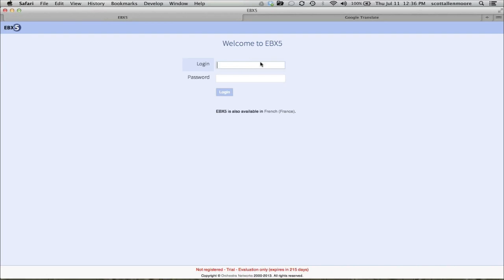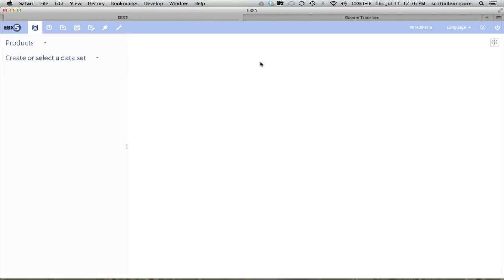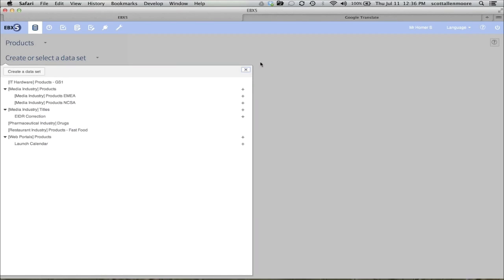What I wanted to do today was give a demonstration of our product, give you actual hands-on usage with our product. So I'm going to log in. We are a web-based application, so you do not need to have a fat client or an install of any type. You just point your browser to our server and you can log in. First, I'm going to log in as administrator, but later on during the presentation, I will log in as different business users, and you can see how EBX dynamically changes what is presented, both from a UI perspective and a permissions perspective as people log in.